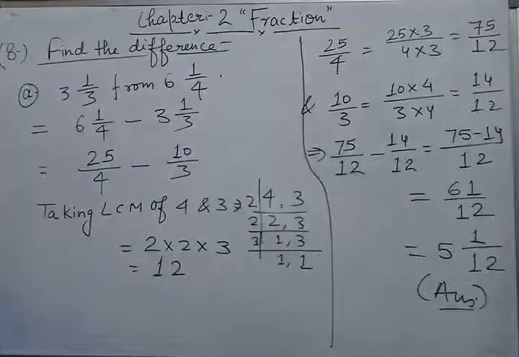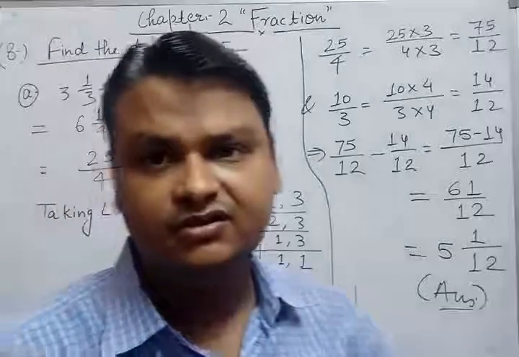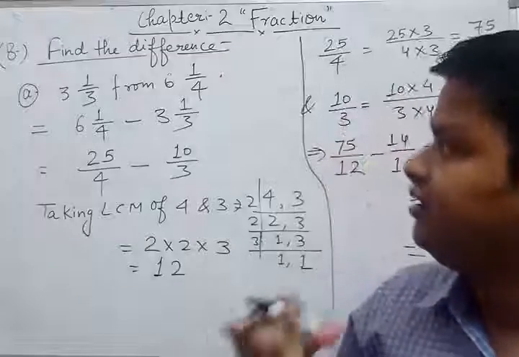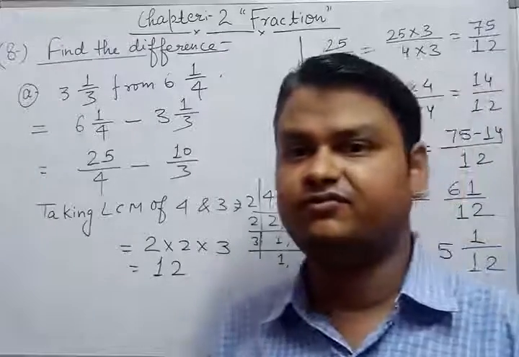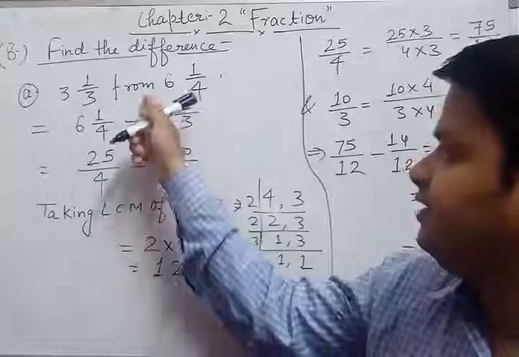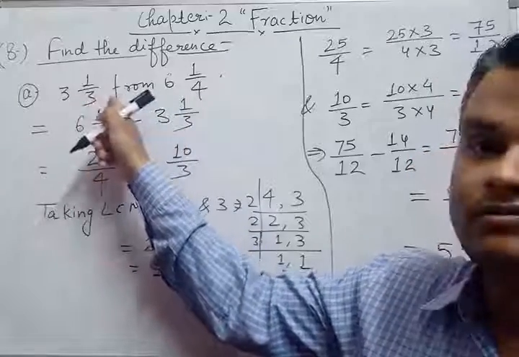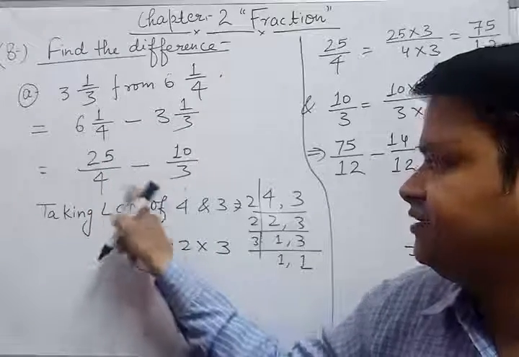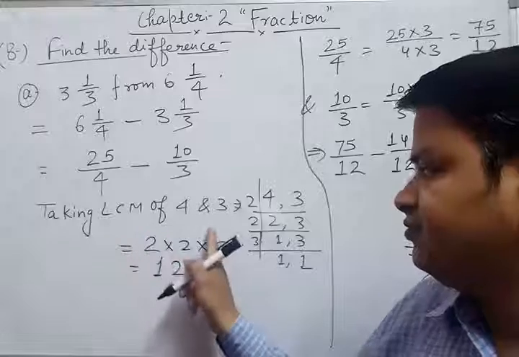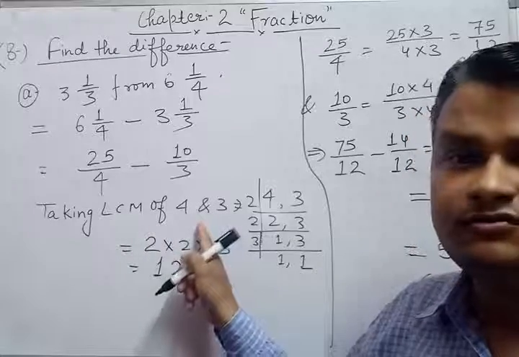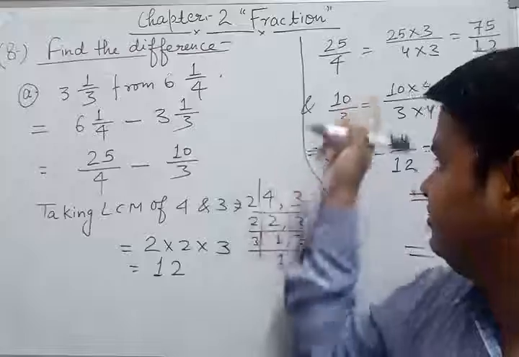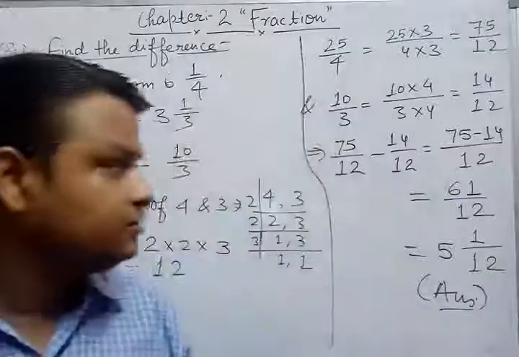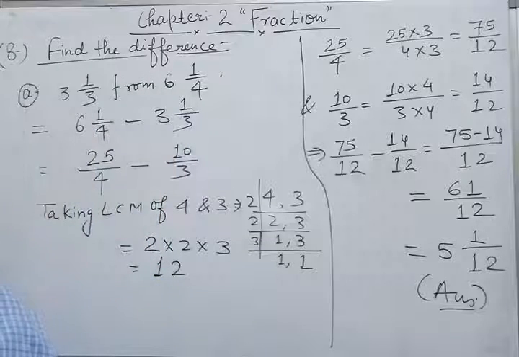So students, this is the step for how we can subtract both, or you can say how we can find the difference between two fractions. First of all, if you are given a mixed fraction, then you have to convert it into an improper fraction. If the fractions are unlike fractions, then you have to convert them into like fractions with this step. Okay, so this is the whole process. And students, pause the video to note it down in your copy or take a screenshot.